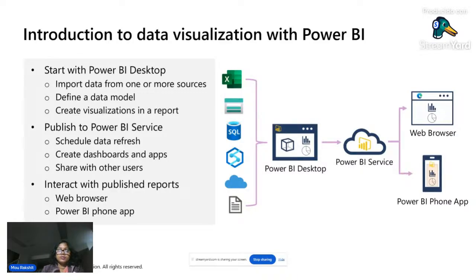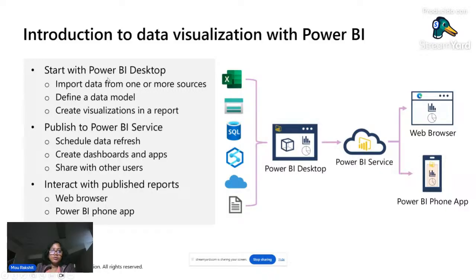And that is most of the times star shape or snowflake shape, meaning you have transaction tables. Those are your facts. You aggregate the transactions into different grain based on your dimensions, which are your contextual information. And that's the reason you're going to build or store the data or create a model on top of your underlying data tables, whether it is KQL or it is delta tables. You're going to build that dimensional data model or star schema data model on top of it, so that it is performantly optimal for this type of visualization analysis through Power BI.